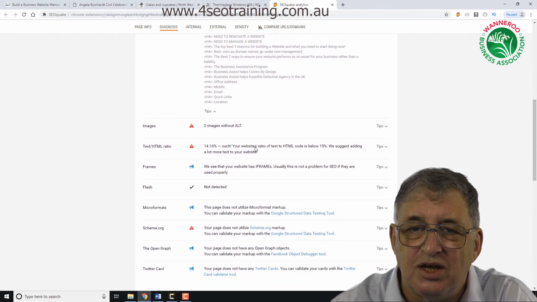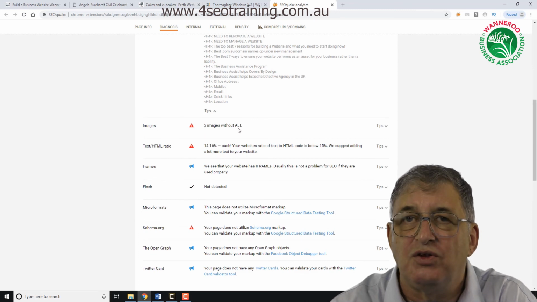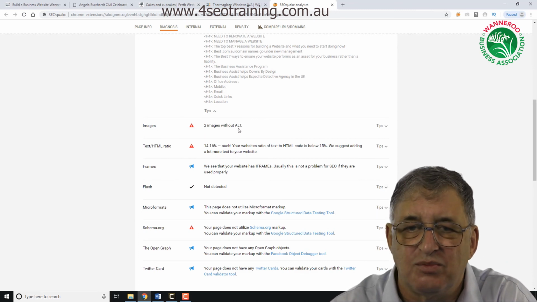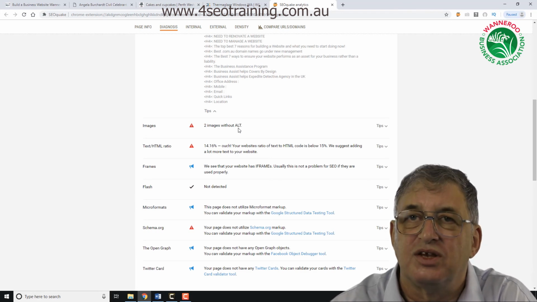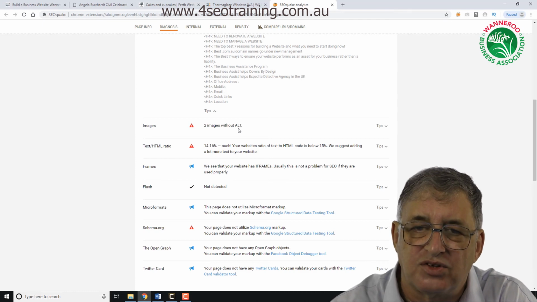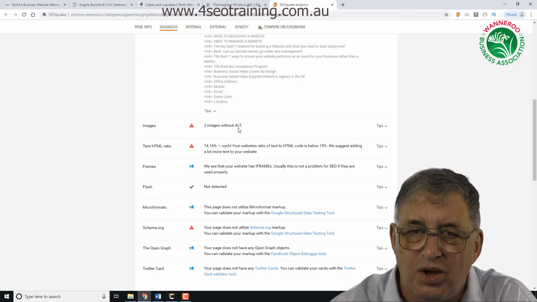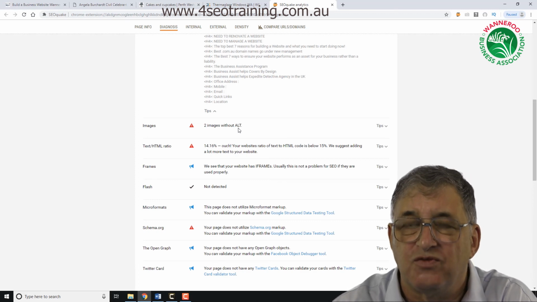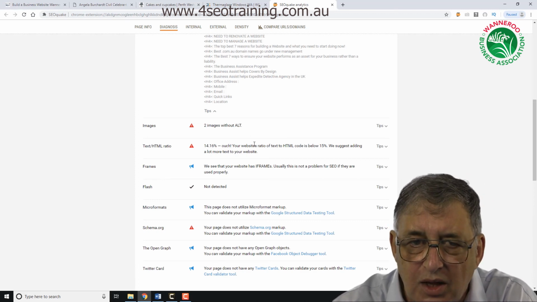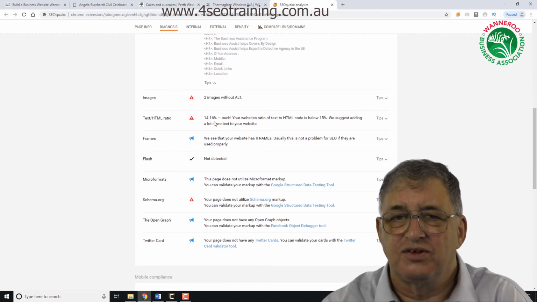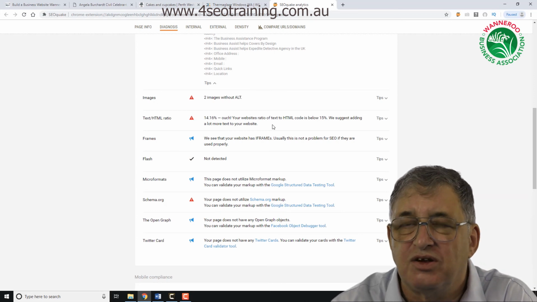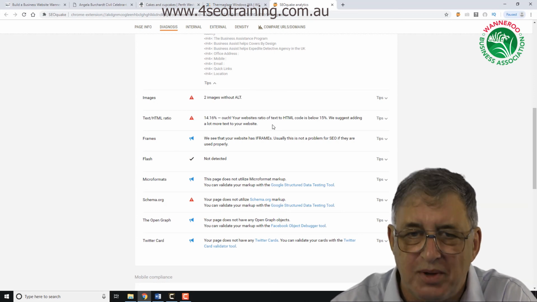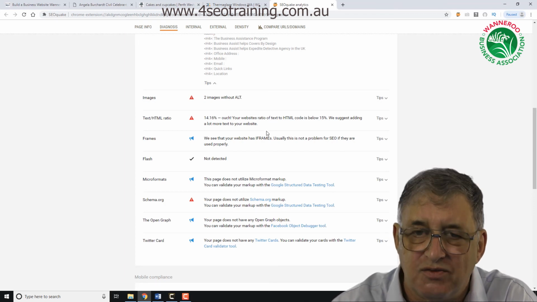If we come down the page here, we've got two images that don't have alt tags behind them. As I say, that's very simple in something like WordPress. You just click on your image and bring up the editing dialog box, and there'll be a little box called alt or alternative where you can add the alt text, which is important from an SEO point of view. As we come down here, it's also saying there's not nearly enough text, which I can tell just by looking at it. Remember, if you're serious about your SEO, you want lots of text on all your pages, and relevant text and high quality text as well, not just text for the sake of it.